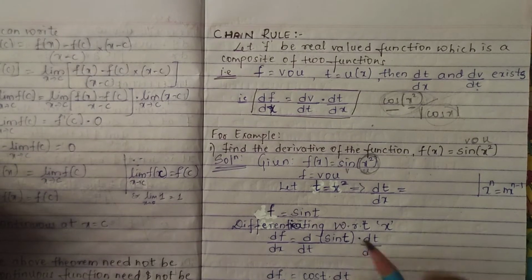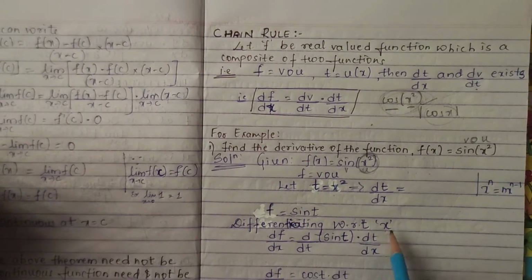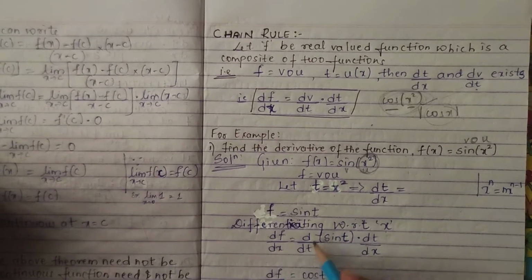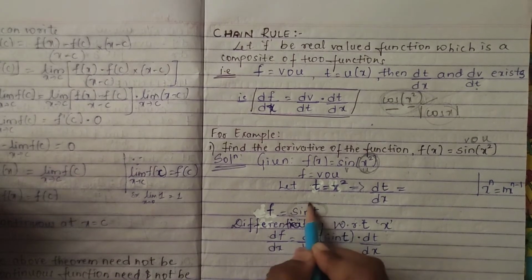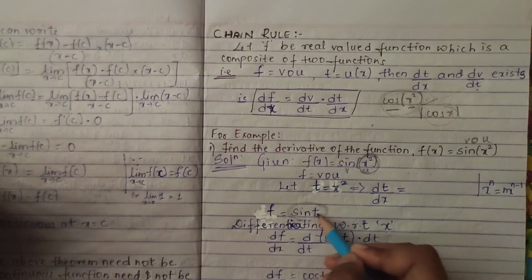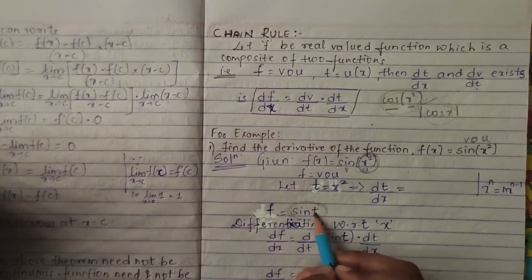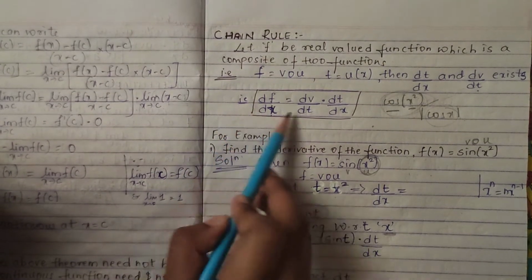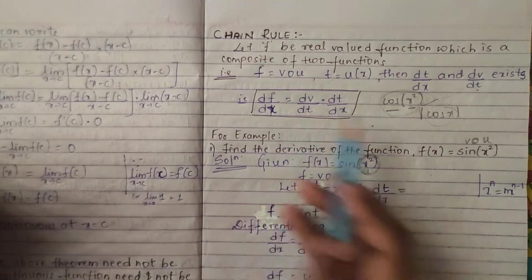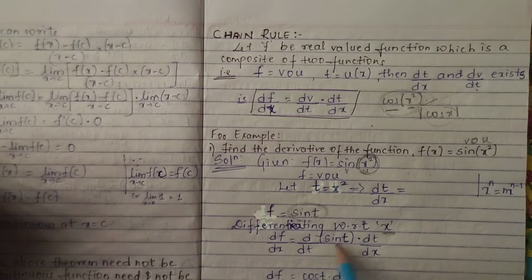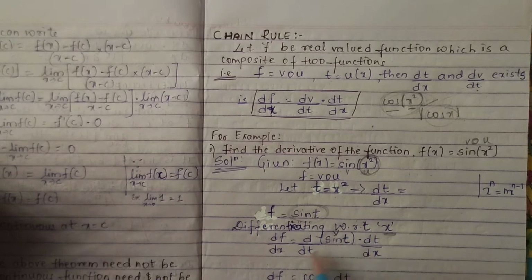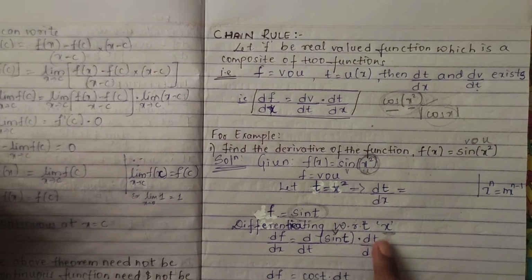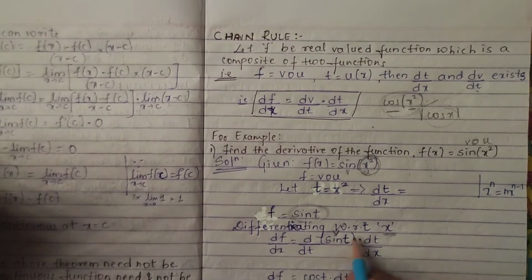Now my further solution is, I have to differentiate it, right? Differentiating with respect to x. So df by dx is equal to, but here you have t, right? You can't differentiate this directly with x. You are differentiating with respect to x, but here you have a t. Now see, df by dx is dv by dt into dt by dx. So this will be d by dt of sin t. This is v, right? So this becomes dv by dt into dt by dx.